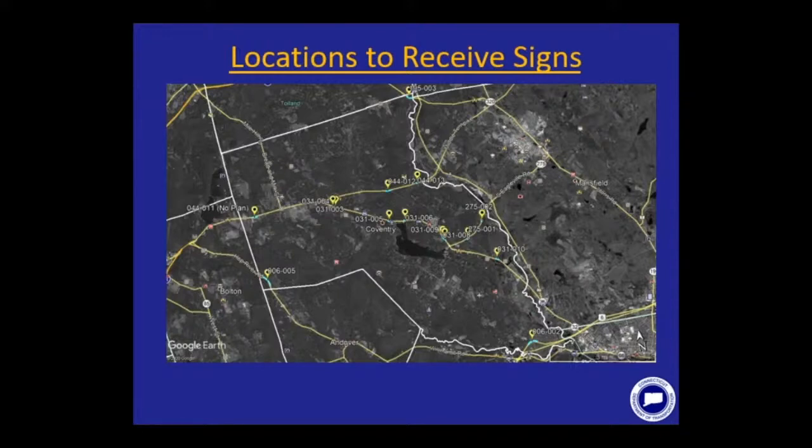Along 7 curves on Route 31, we'll be installing a total of 22 signs and 8 retroreflective strips and removing 11 signs and 0 retroreflective strips. At 3 curves on Route 44, we'll be installing a total of 6 signs, 0 retroreflective strips, and removing 5 signs and 0 retroreflective strips.